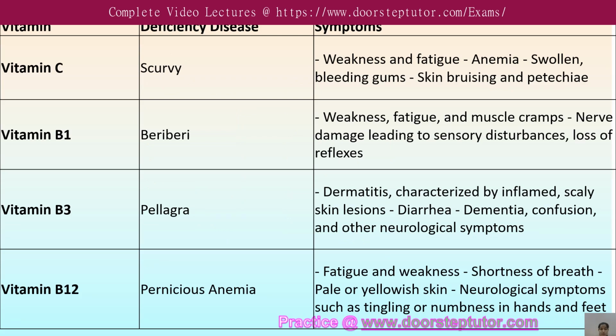Another kind of vitamin is vitamin C. Deficiency of vitamin C leads to scurvy. So what is scurvy? Scurvy is basically bleeding gums, right? So when your gums bleed, obviously gums can bleed